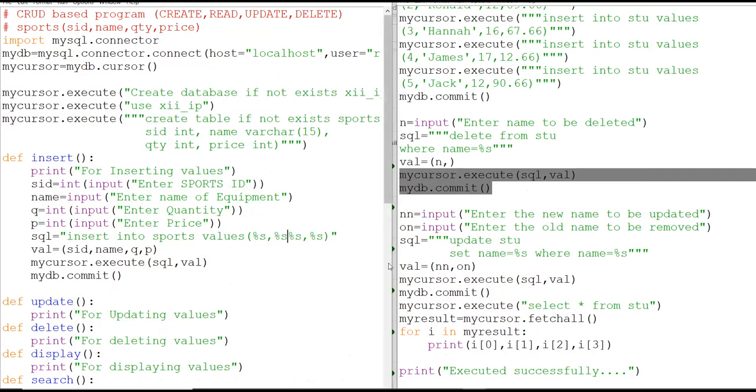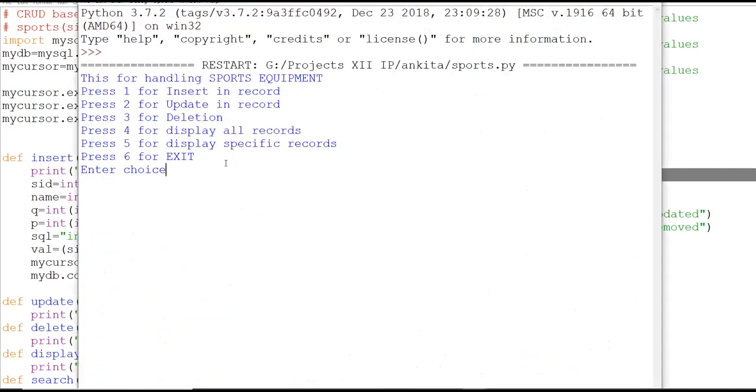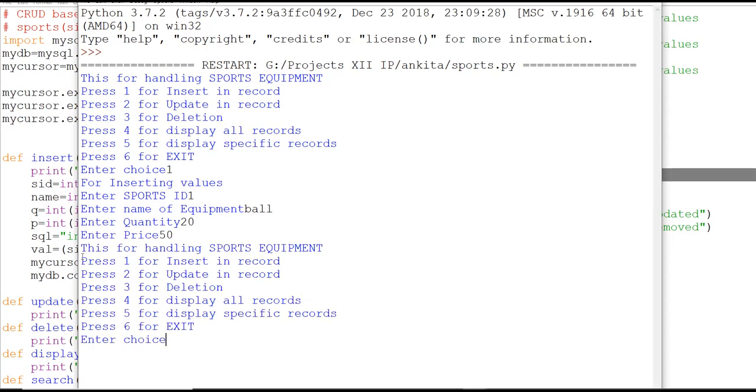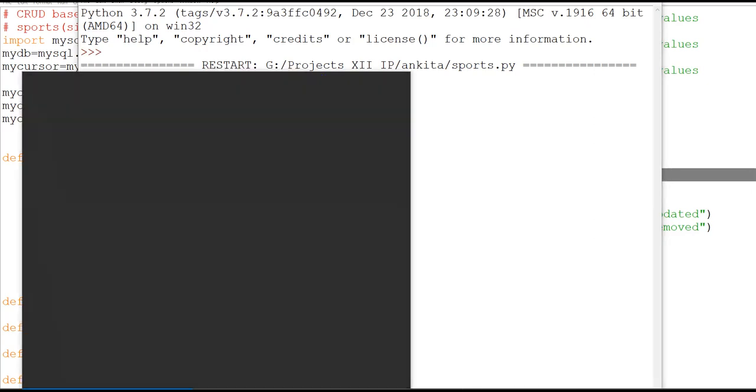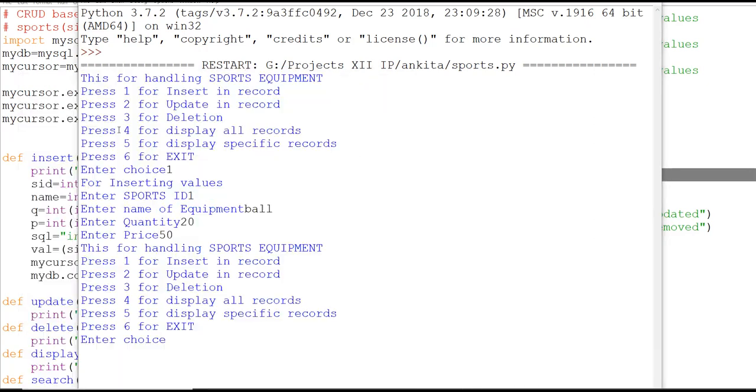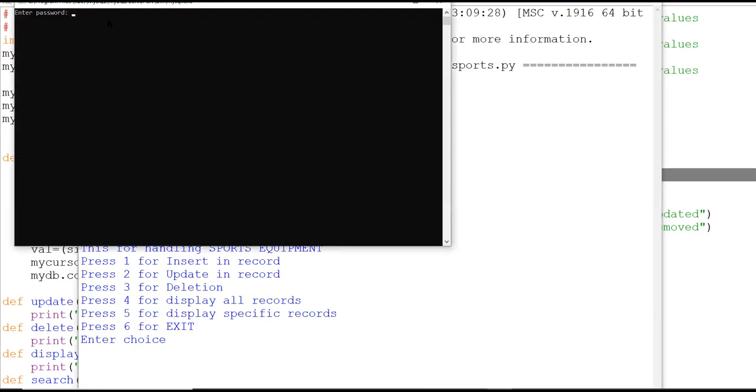Here we have not given one comma. So now if I run this again, and remember, if an error is there, it will not execute. Fine. So first, choice 1, ball, then 20 and 50. So you can see that it has been inserted successfully. Therefore, you are getting this. And if we want to cross check, then we can check over here also.